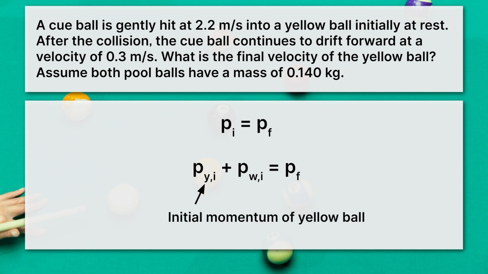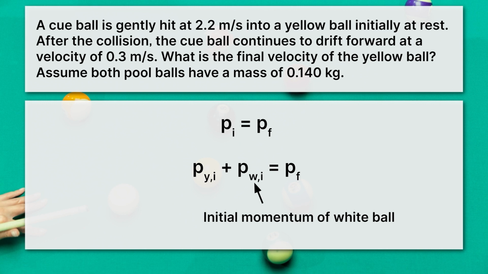Well, that P sub y, comma i, is the initial momentum of the yellow ball. So basically we're just saying, hey, at the beginning, the yellow ball has some momentum. Turns out it's actually 0 because it's at rest, but we need to take into account both objects. And the next one is the initial momentum of the white ball. So we're just considering the momentum of each object separately, and we're saying, hey, when you add those two together, you get the total initial momentum, and that's what's going to stay the same during the collision,